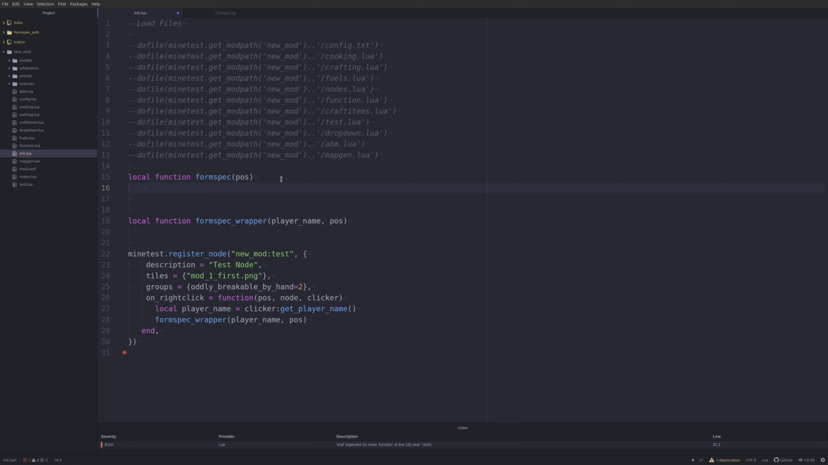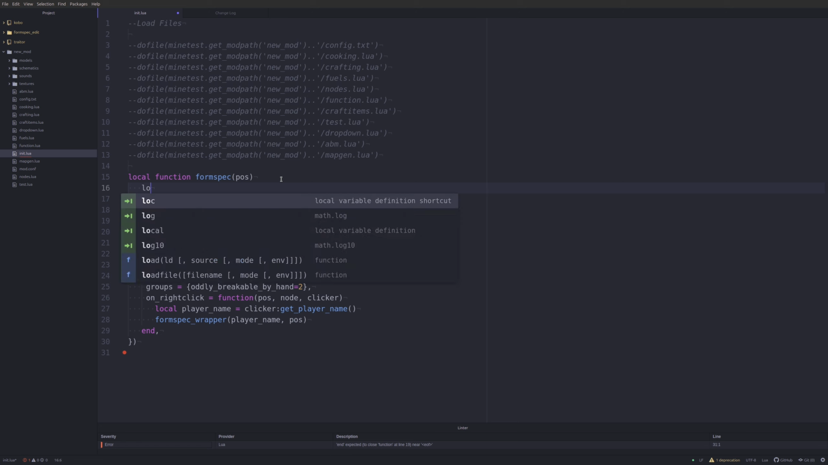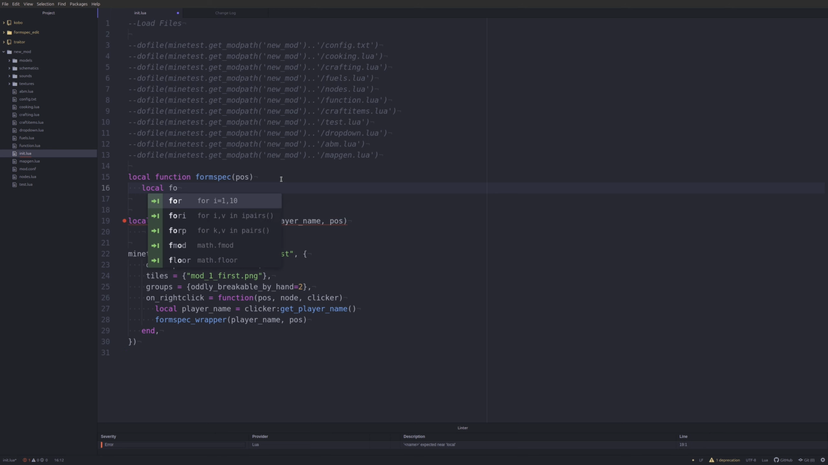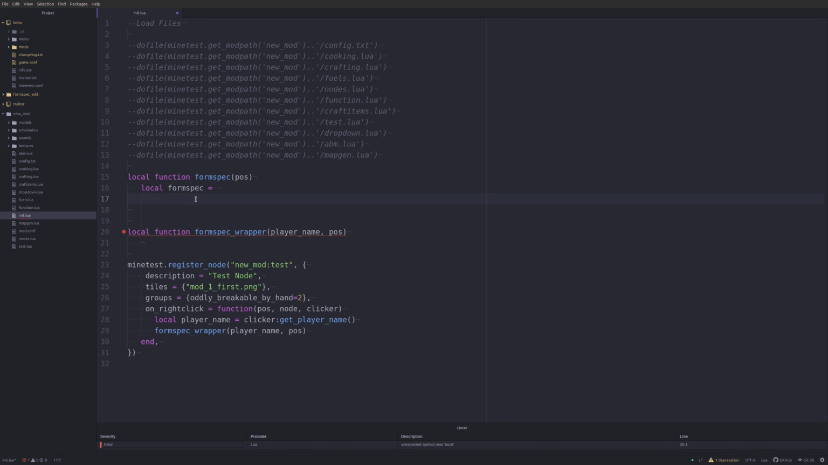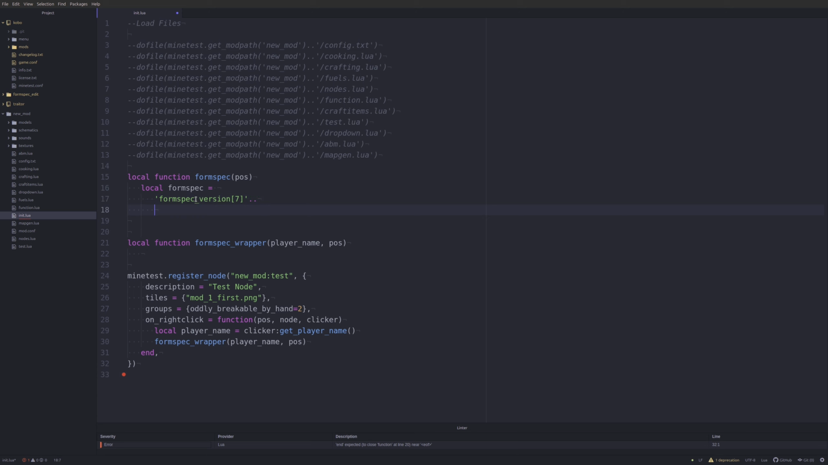We are going to need a form spec, of course, so we will go ahead with that and do local formspec equals. I just had to pull up a sample form spec to use here, so we're going to go ahead with formspec version. It could be whatever version you want. I'm just going to use 7 because that's what the sample is. We'll do the,